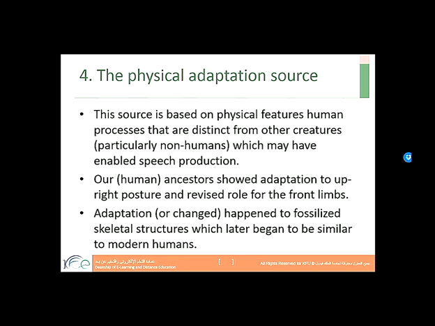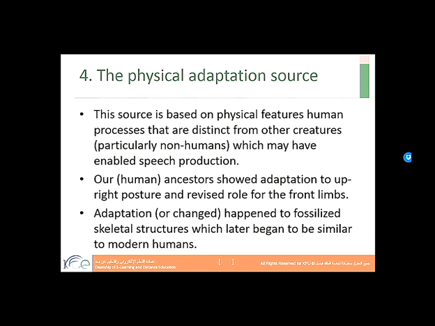So there is a physical adaptation. Adaptation or change happened to fossilized skeletal structures, which later began to be similar to modern humans, which we know nowadays.